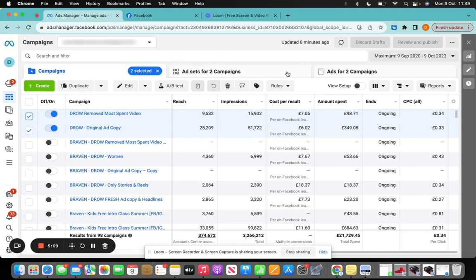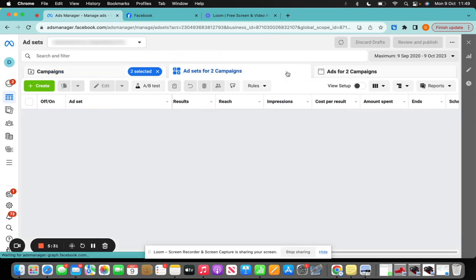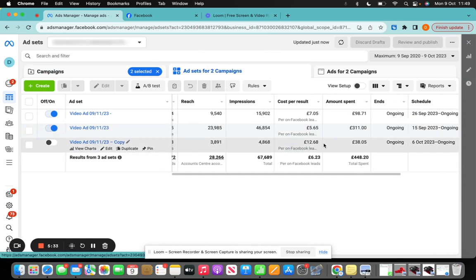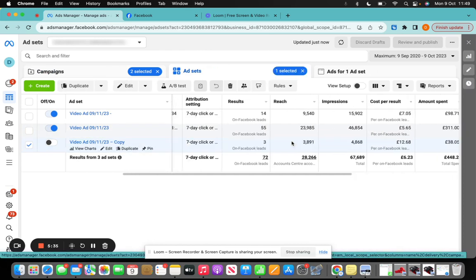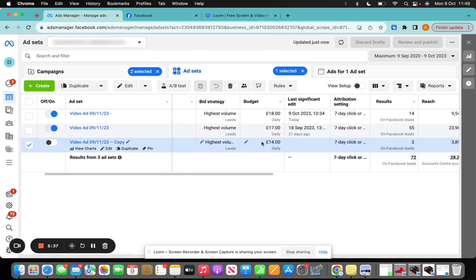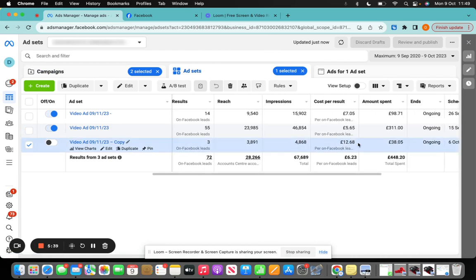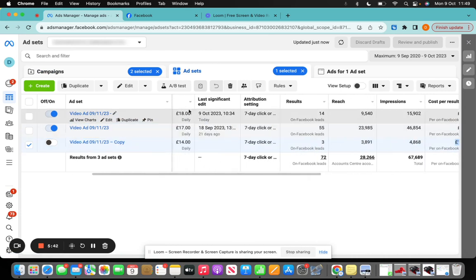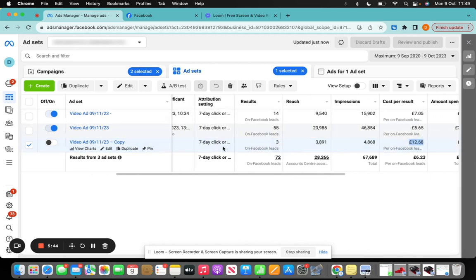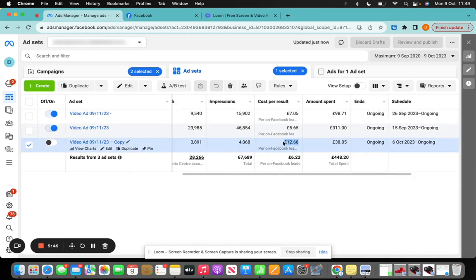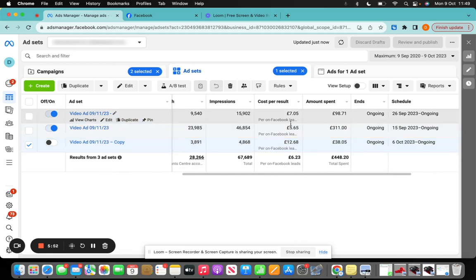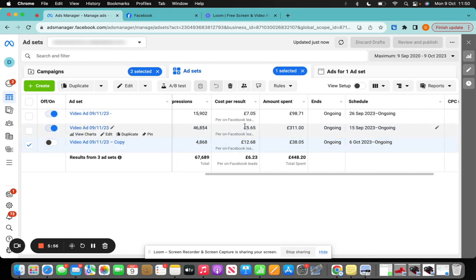Now, if I dive into the actual ad sets, you can see some more testing that we did recently. As you can see here, we launched this campaign. Our client said that they wanted to spend a little bit more money. So we launched this campaign along with these two, and we were spending around £35 per day. What we noticed pretty quickly was this new one that we were testing was getting £12.68 per lead, which is double what the other two were getting. So we turned this one straight off, and we've left the money filtering into these two, where we're getting between £5 and £7 per lead.